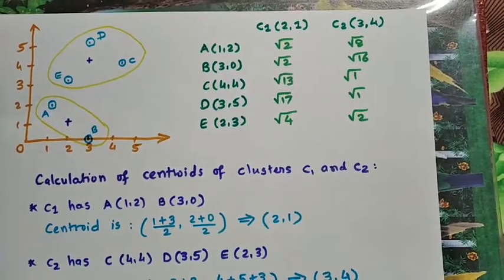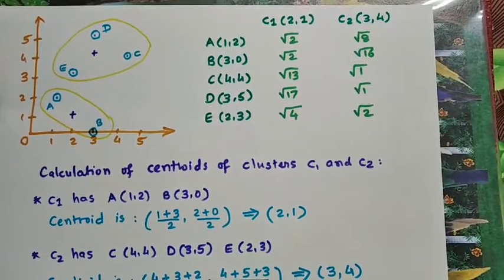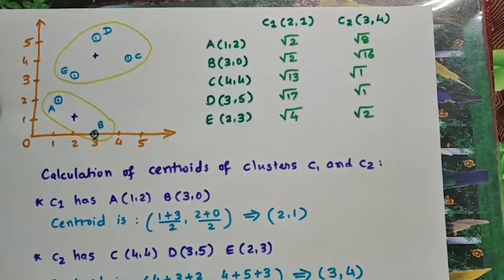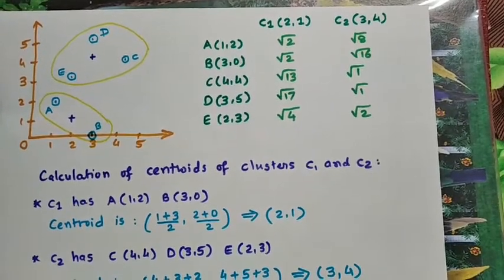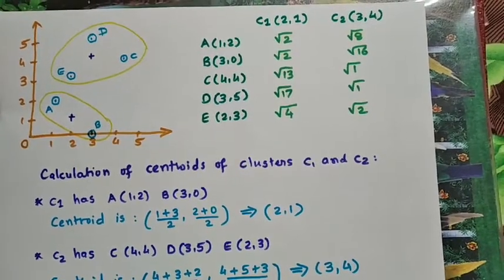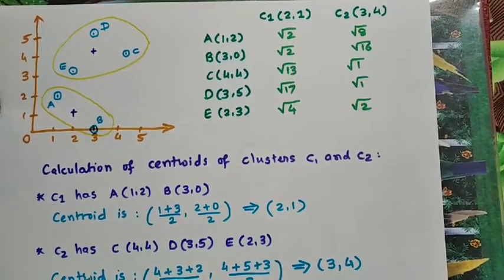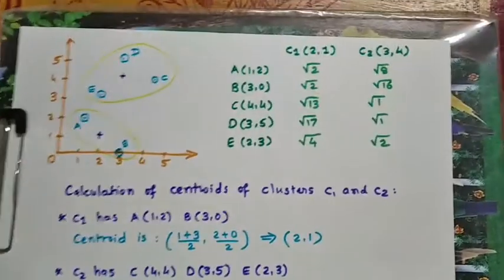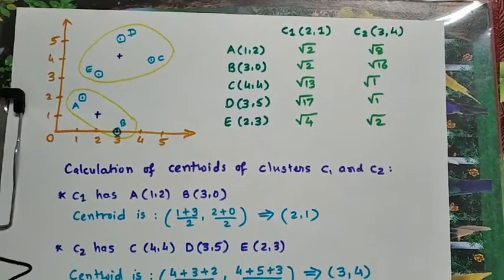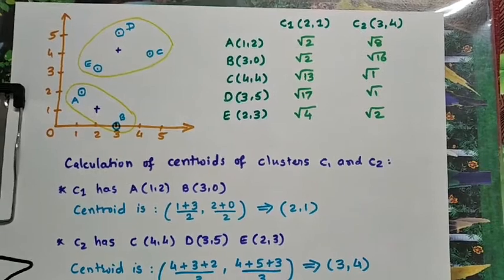K-means is sensitive to the choice of initial seed selection. Another limitation is that you need to provide the number of clusters, that is K, as input. So you should know a priori how many clusters are to be formed. Sometimes we do not have that much knowledge of the underlying data, and we can't predict in advance how many clusters are actually required to represent this data set. So in that case we may not be able to properly provide the value of K.